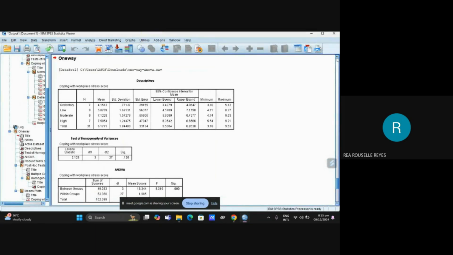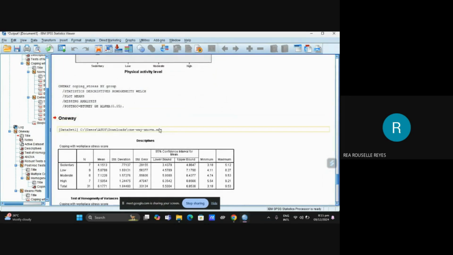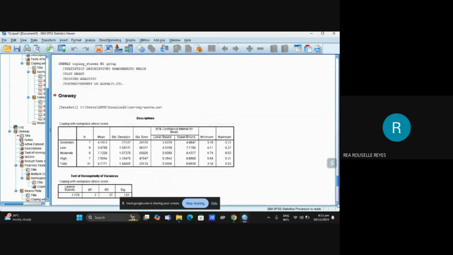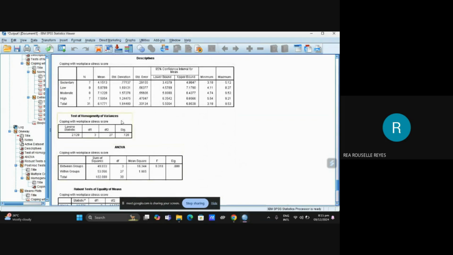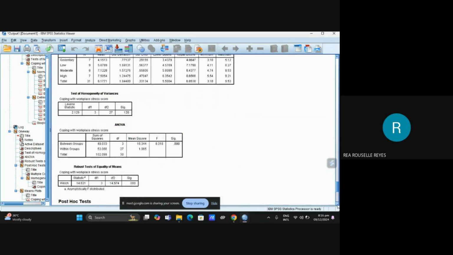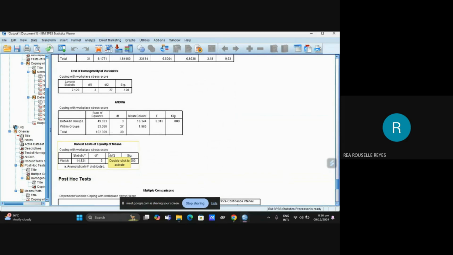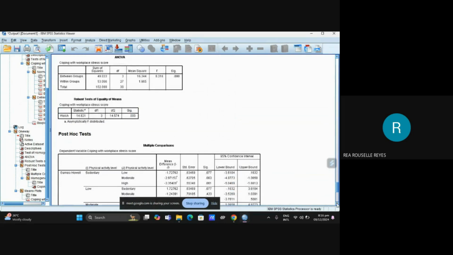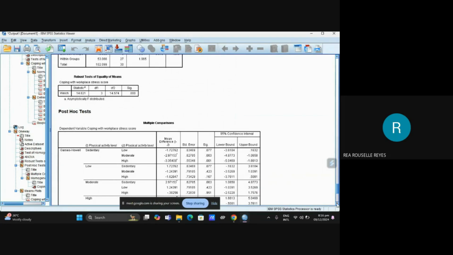All right, so here is the output. This is the descriptives for the one-way ANOVA. The tests of homogeneity of variances, and then of course the ANOVA with coping with workplace stress score, and then also we have the robust tests of equality of means. Also we have the post hoc test, the multiple comparisons.